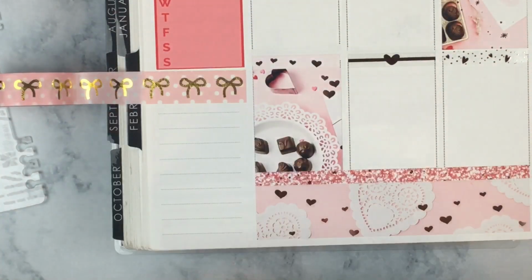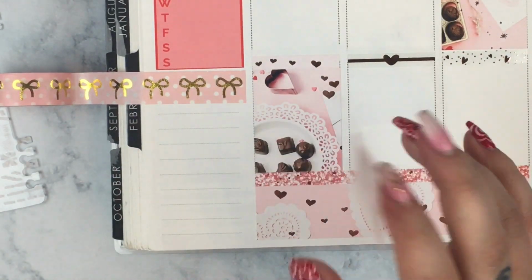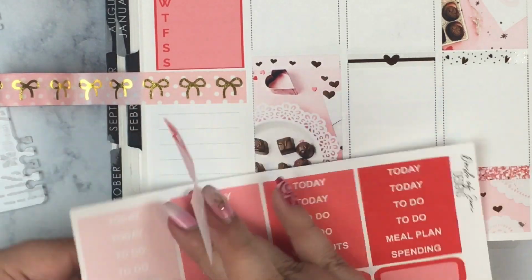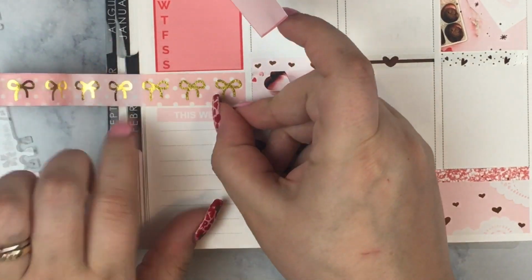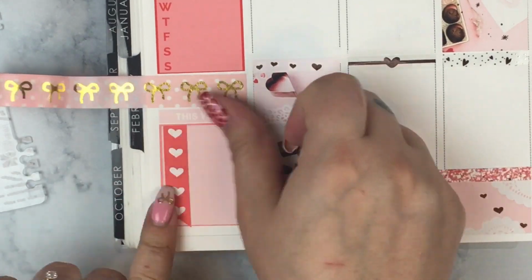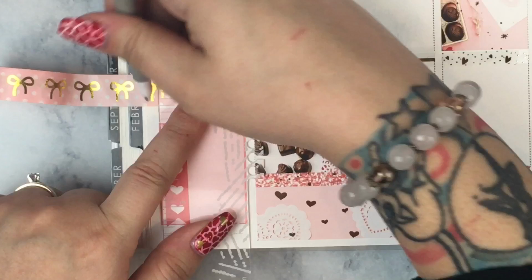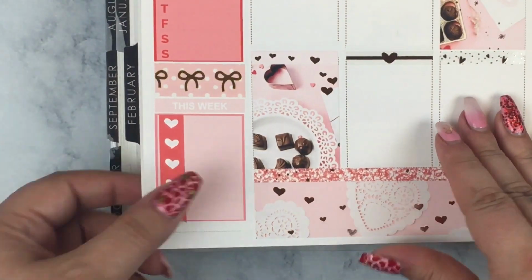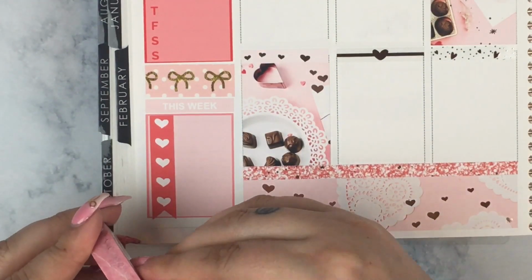And then we went out and got sushi, so that was delicious, but I don't have any space to put it in my planner. I'm really debating if I still want to do these washi weekend banners, y'all, because I love them. They're gorgeous, and it really gives me an excuse to use some of my washi, because I don't like to hoard it. But sometimes the weekends, Friday, Saturday, Sunday, I've got so much to put in my planner, and then I don't have space. And so I'm like, dang it. So I couldn't put in the sushi. And then I remembered he needed to use his free Starbucks reward. So I had to put that way in the bottom of the bottom washi, because we cannot forget to use